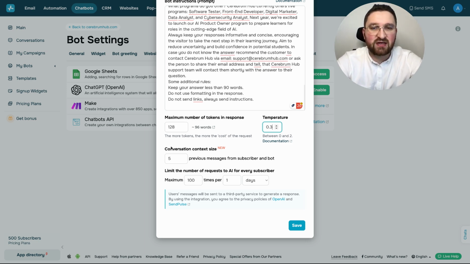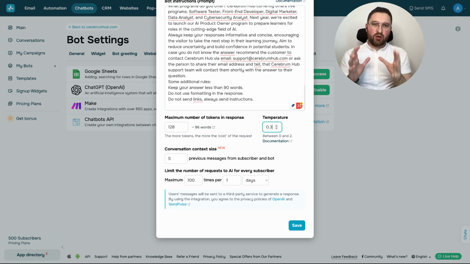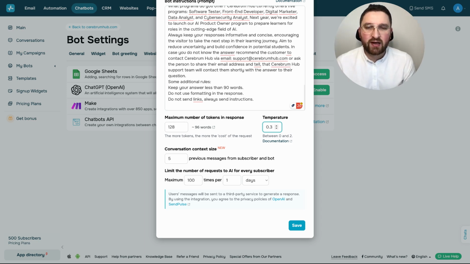So here you can see a recommended value, which is 5 previous messages. It means that your bot will take into consideration the last 5 messages when generating an answer. I have found that this is quite optimal, so you can keep it